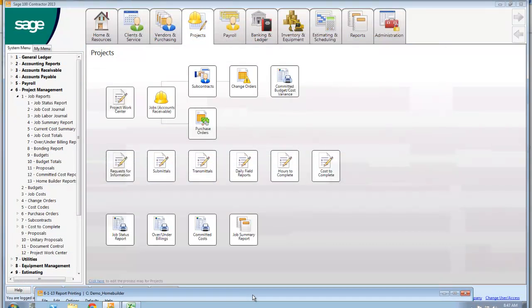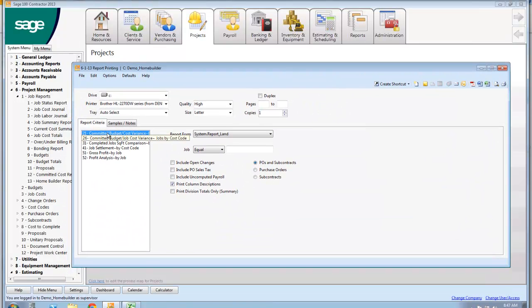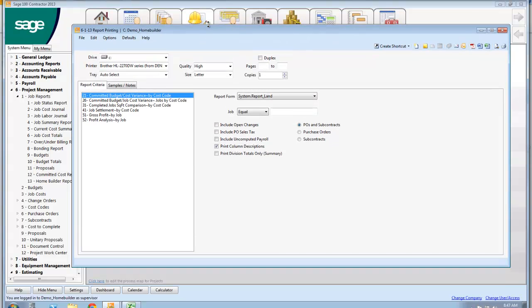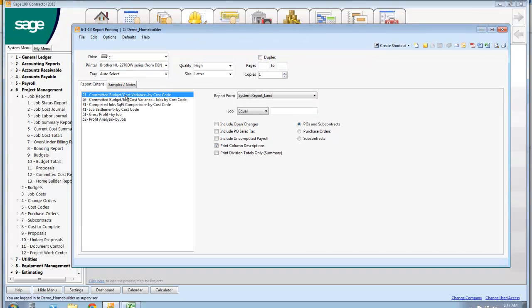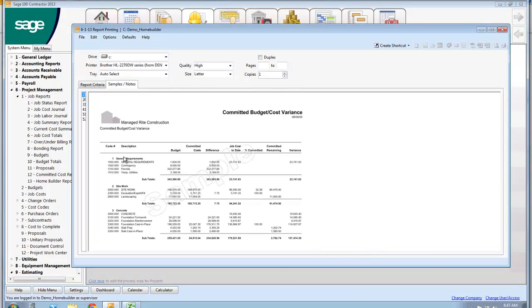I haven't done this for a while, so I'll show you another way to do that. Anyway, these are our home builder reports, and there are a lot more cost reports, but these are specific to home builders. I apologize, the print's a little small because they're samples, but this is committed budget versus cost. So you have your job, your cost code, your budget, your committed costs, so that's your purchase orders and subcontracts that you've written, what the difference is there,